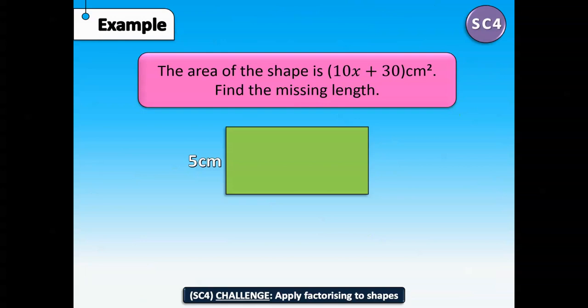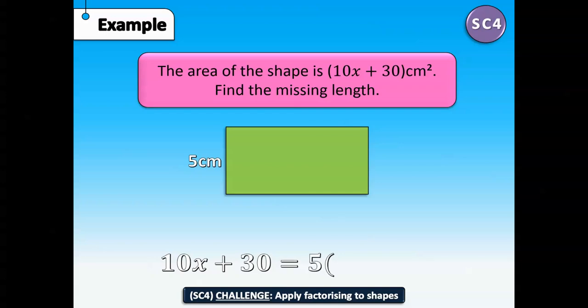So the area of this shape is 10x plus 30 centimeters squared. So we want to find the missing length. The area means I do the length times the width. So I've times 5 by something to make 10x plus 30. So if I factorise 10x plus 30 with 5 on the outside of the brackets, that will give me the